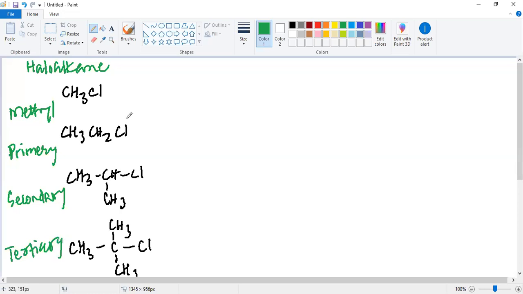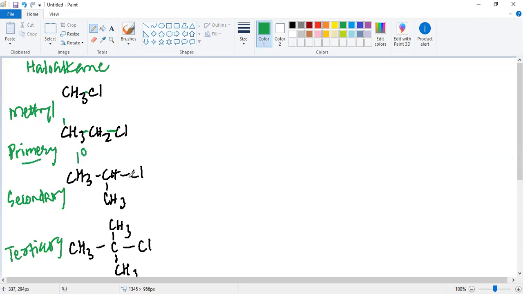Now let us understand why we call it this. Why do we call them methyl, primary, secondary or tertiary? You can see that Cl here is bonded with the methyl group, and that is why it is known as methyl haloalkane. Now if you look into this, Cl is bonded to a carbon, and that carbon is directly bonded to only one carbon, and that is why we call it primary, or we can write it 1